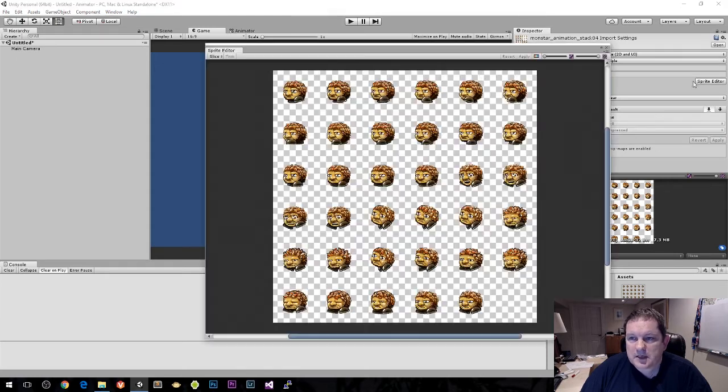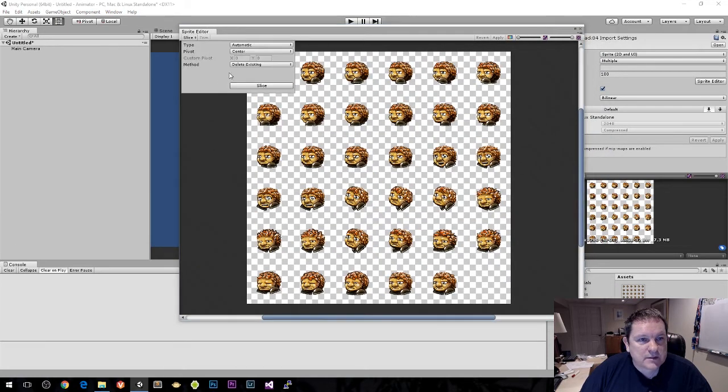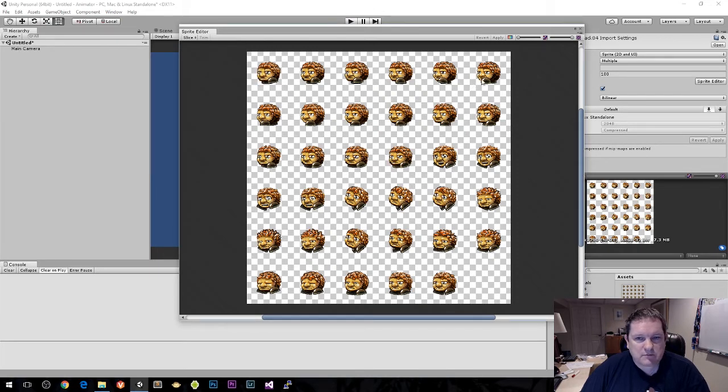And I'm going to go into the Sprite Editor. There's various options in here, there's automatic and all this kind of stuff. But if you have them in an ordered sprite sheet like this, in regimented rows and columns, the easiest one to go to is grid by cell count. Here we specify the number of sprites. The nice bit about this is we don't need to know the sprite size. We just need to be able to count up to, in this case, 6. So 1, 2, 3, 4, 5, 6 by 1, 2, 3, 4, 5, 6. We've got that sorted out, and then we click on slice,